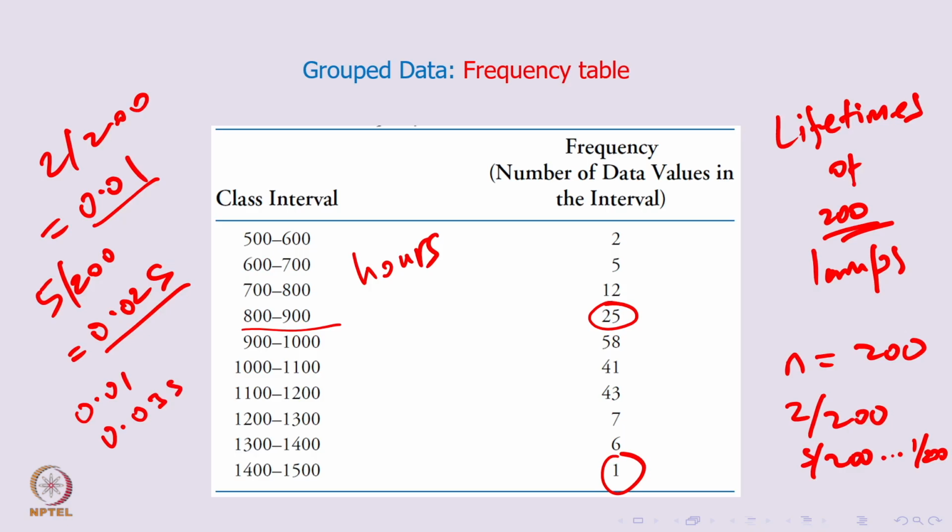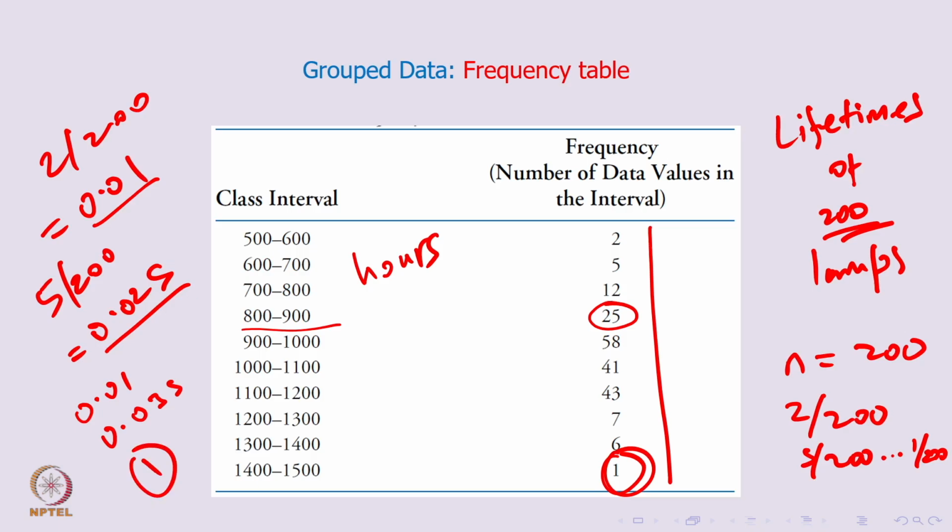One open question to all of you, you can pause the video and try to answer: what would happen if you do this to each and every relative frequency? What would be the very last cumulative frequency? Once you get to the last class, what would be the very last cumulative frequency? The very last cumulative frequency would always be 1, because you will be adding all the relative frequencies before that.